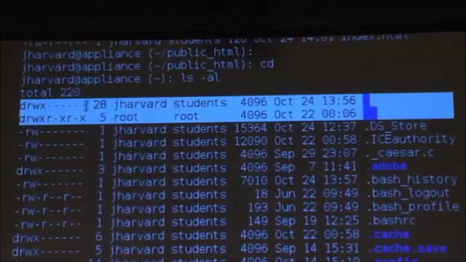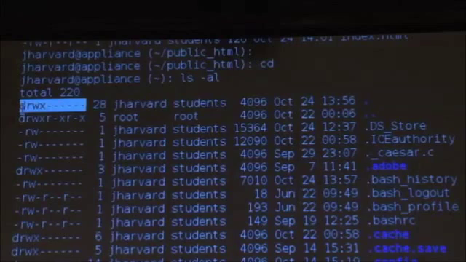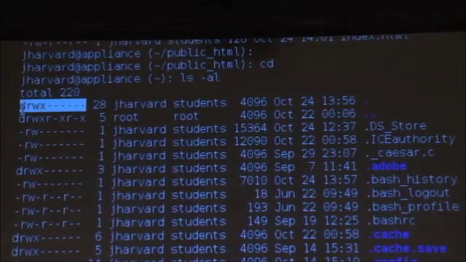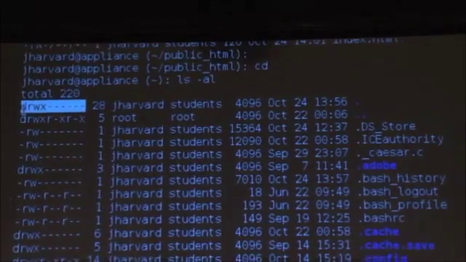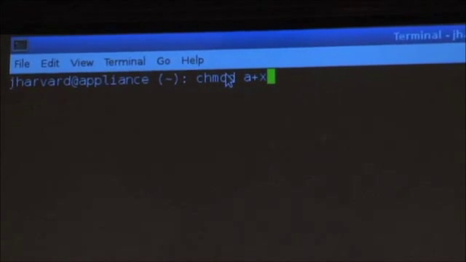We know that. But notice I have the ability to execute this directory, but it turns out I need to let the rest of the world into my home directory too. I don't want them to have readability. I don't want the R, because I don't want them to see what files I have in my account, but I at least want them to be able to open it, so to speak, so as to visit it on the web. So to fix this, I'm going to do chmod a plus x,